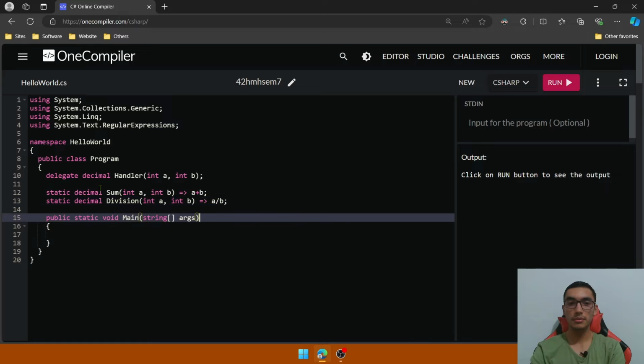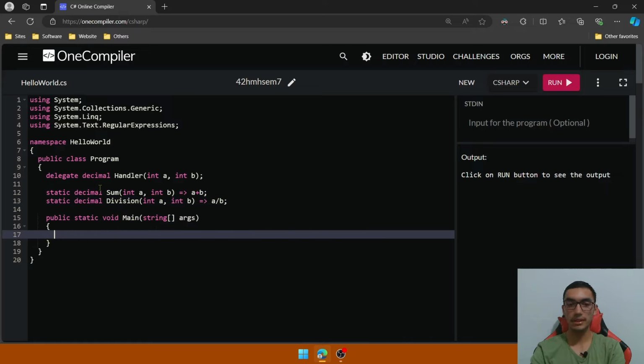Then go to the main method and create a variable with the type of the custom delegate, which is handler, and reference any method that matches the signature. In this case, add the reference to the sum method, and we can pass this reference using the delegate type